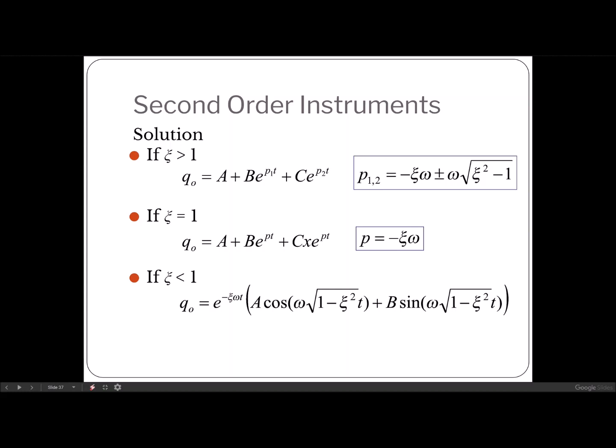But if eta is between 0 and 1, you will have oscillatory response, because this eta is similar to a damping ratio. So if you need to refresh your memory, you can pause this video here and refer to your vibration course